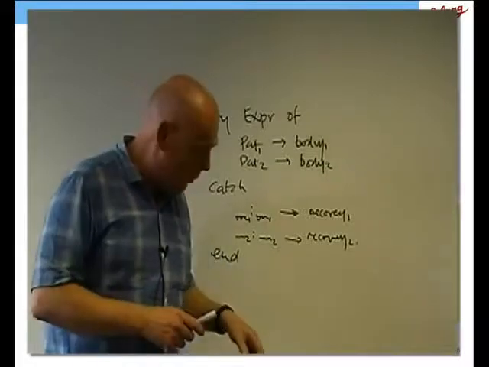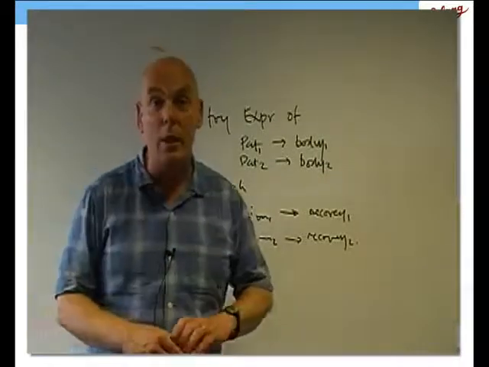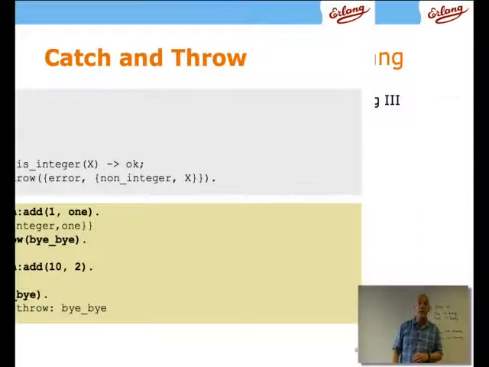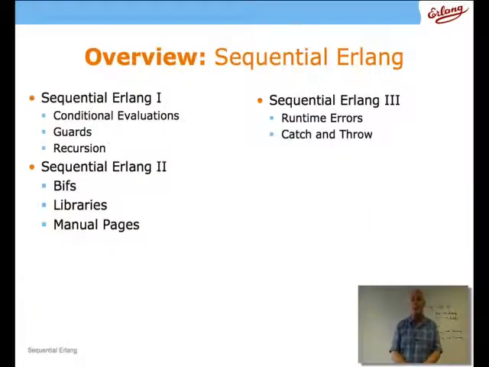Okay, well that concludes what I wanted to talk about with exception handling. In fact, that concludes the overview of sequential Erlang. What we've talked about here is, first of all, built-in functions and libraries. So the infrastructure, if you like, that is provided by the existing system, and the manual pages and documentation that describe those. And we've also talked about the general control structures for these sequential aspects of Erlang,